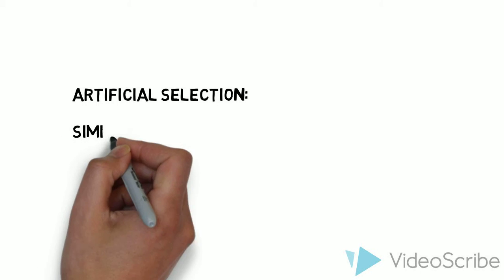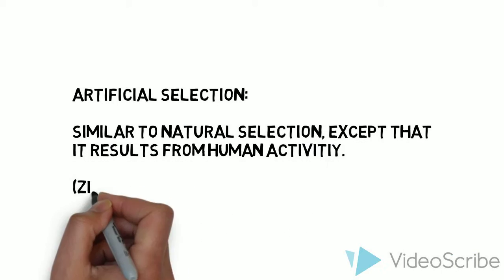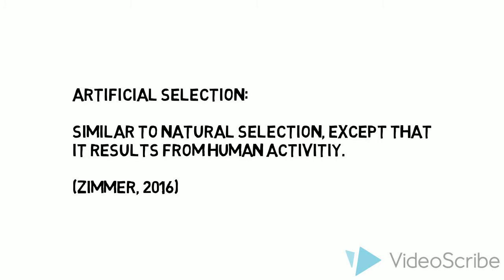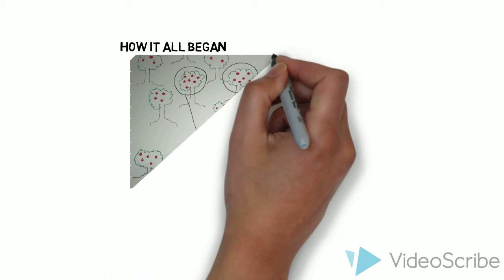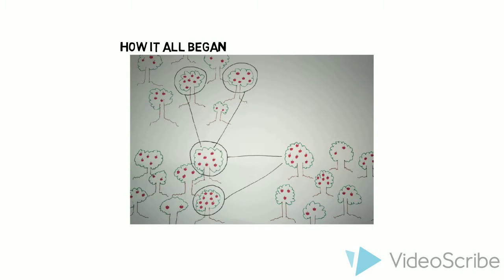This process of changing organisms by influencing their sexual reproduction is called artificial selection. Artificial selection is similar to natural selection, except that it results from human activity. When breeders non-randomly choose individuals with economically favorable traits to use as breeding stock, they impose strong artificial selection on those traits. It all started way back when farmers noticed that if they selected two plants or animals with a high phenotypic value for a certain trait, that this variant of that trait was also visible in the offspring.